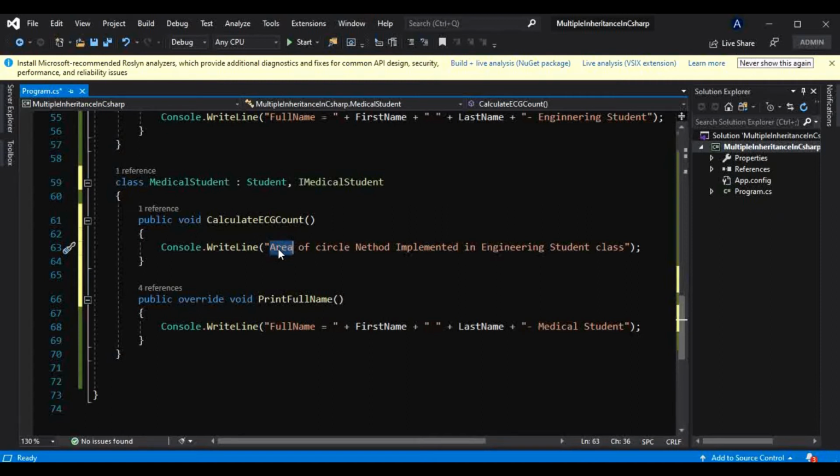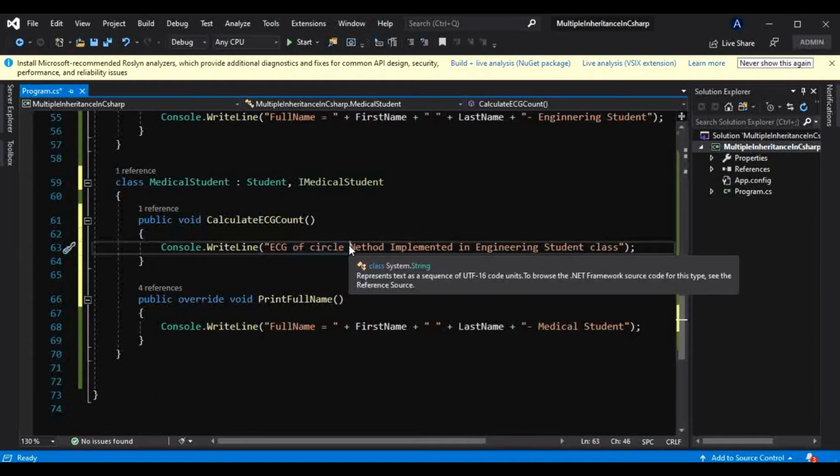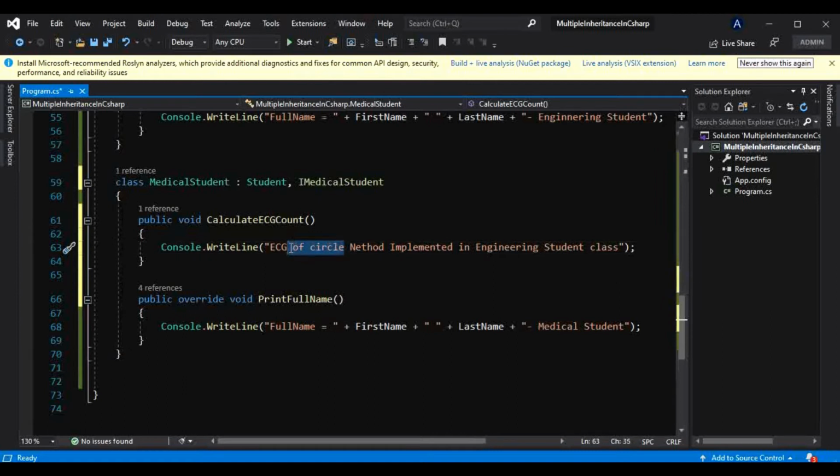Instead of area of circle, ECG count method implemented in medical student class.